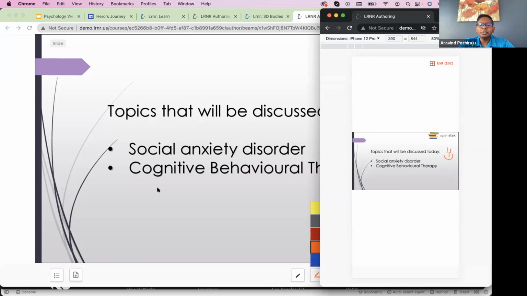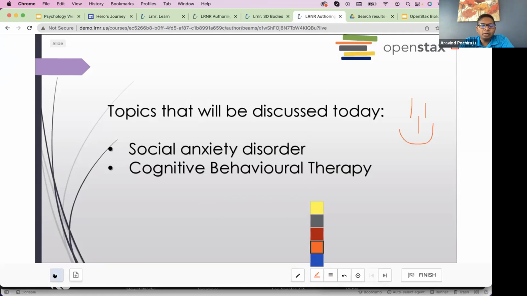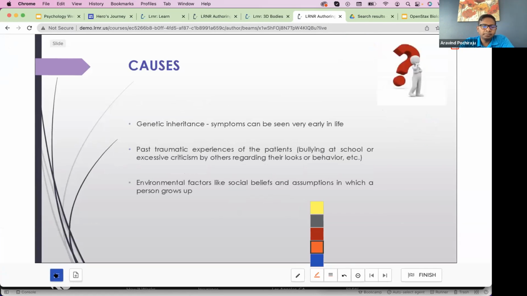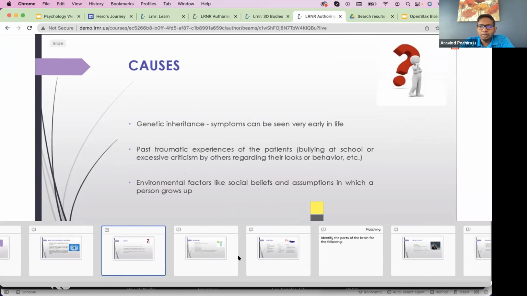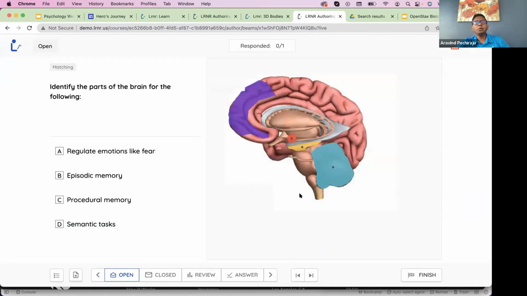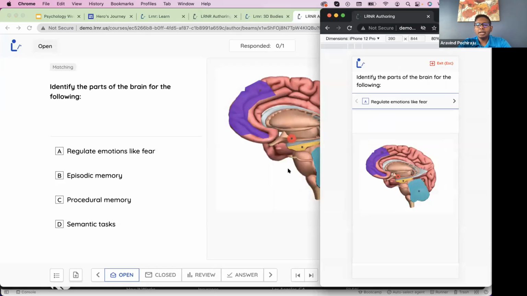So you don't really need to present your screen to them. They technically can see everything that you're doing. And the nice thing about it is you can actually navigate through slides, just like any other lecture capture platform. And you can go to a specific activity like this and ask the students to do this activity. So I could basically say that guy,